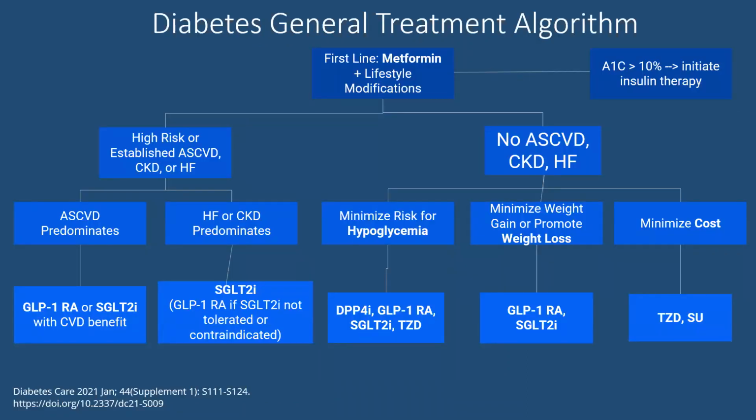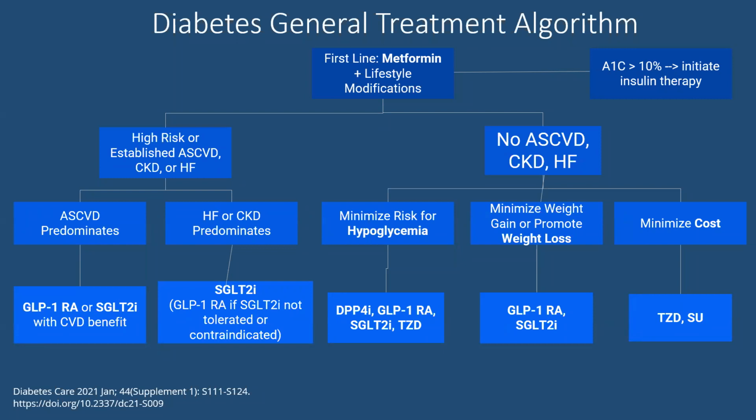So this is the big algorithm of what you're supposed to use when. First line drug therapy is always metformin and always lifestyle modifications. And this is where that arrow goes to if your A1C is greater than 10, insulin therapy, not necessarily in your older adults. If they're amenable to changing diets and really resistant to injections, this is when you say, okay, your A1C is 10. We probably don't want it to be at 10. Let's change diet a little bit, or get you to walk a little bit during the day, and maybe that'll bring it down in addition to the oral agents.